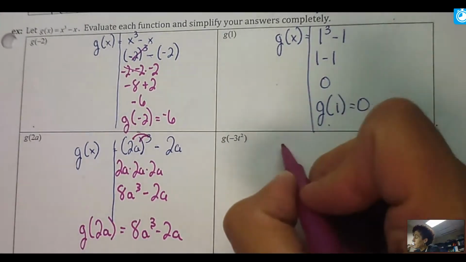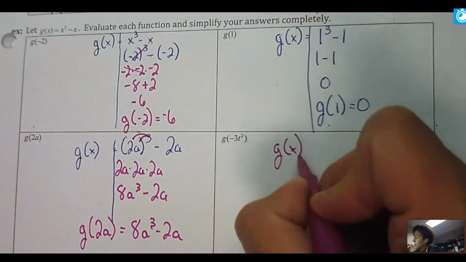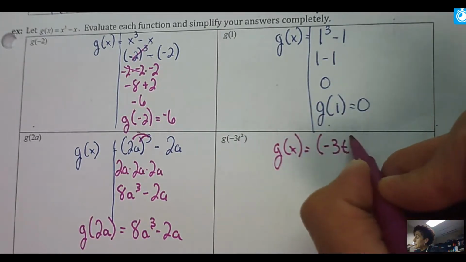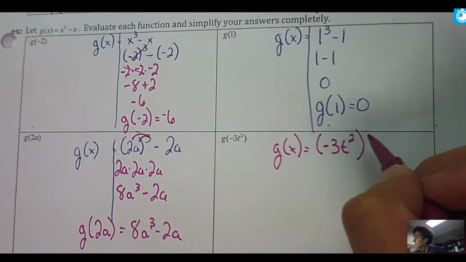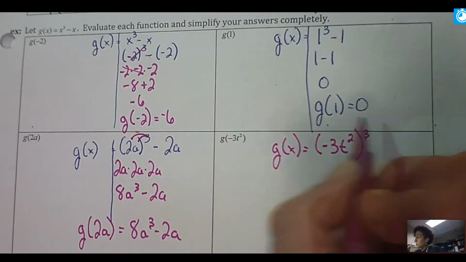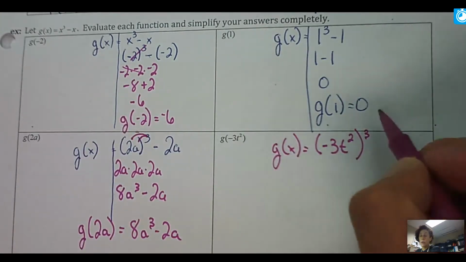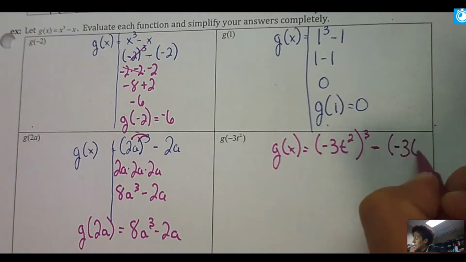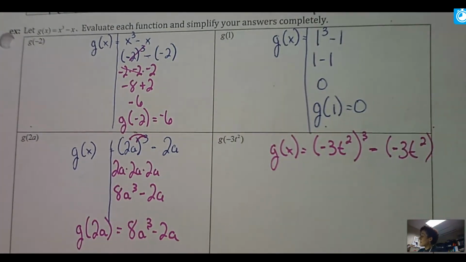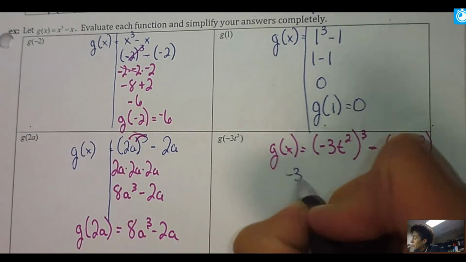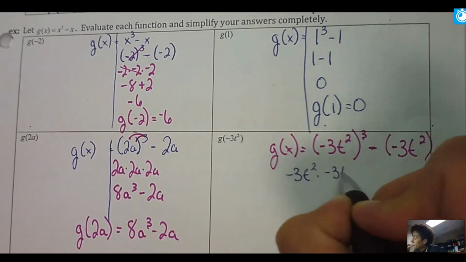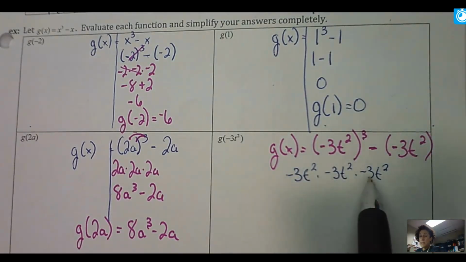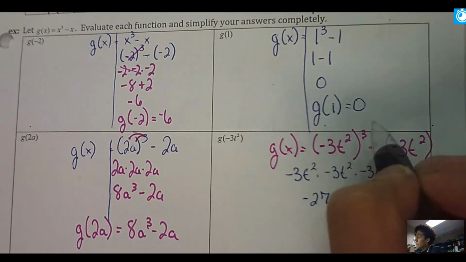And the last one, so g of x, on the right side, I'll put in negative 3t squared, sorry, I said cubed, and then I'm going to take all of that cubed, because remember it was x cubed, and now this is being cubed minus, in parentheses, negative 3t squared. So again, this cubed does mean the long way that I'll have 3 of these, which means negative 3 times negative 3 times negative 3, that's negative 27, or I could use that shortcut and just